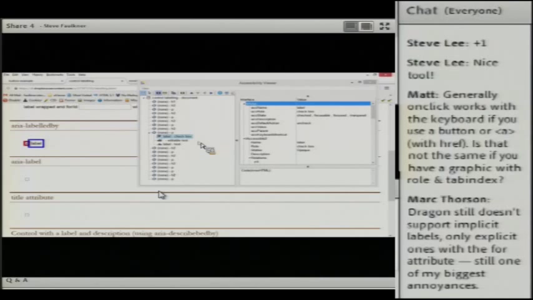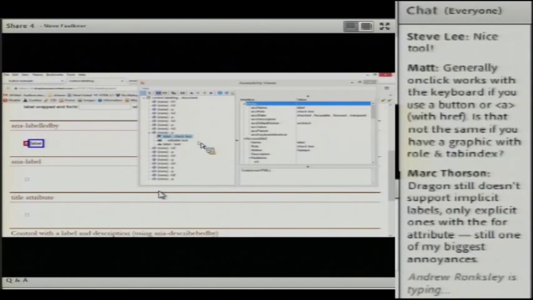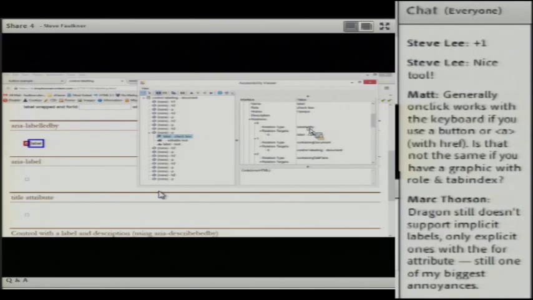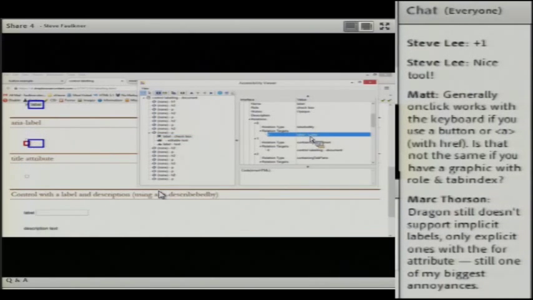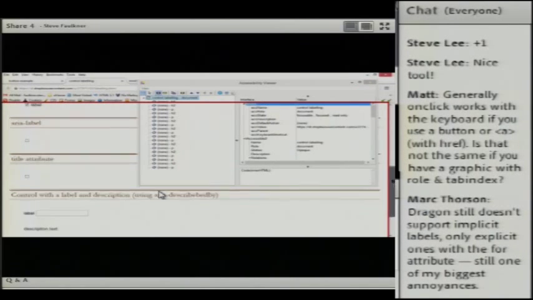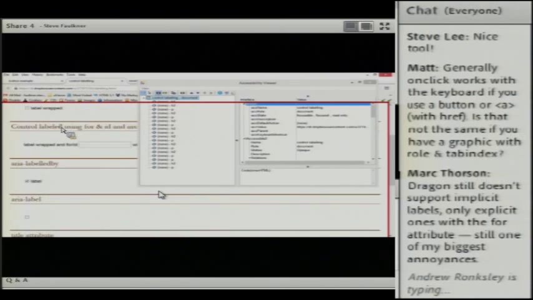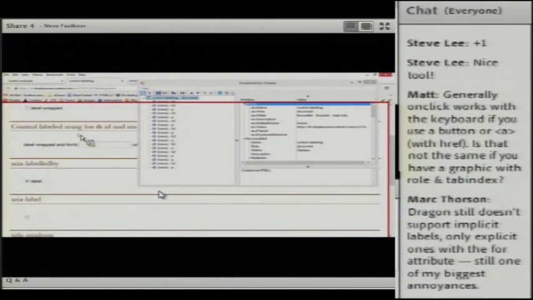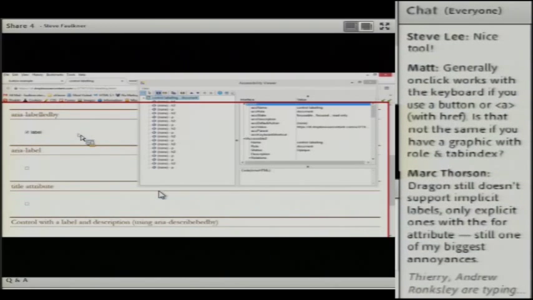So what we see here, as I was showing you before, is that we've got that same label by relationship, and the label target is there. So ARIA labelledby is exactly the same relationship as the label element. It just has some different behaviors.